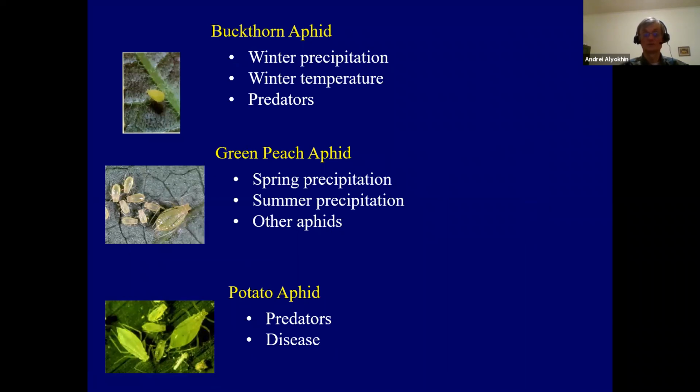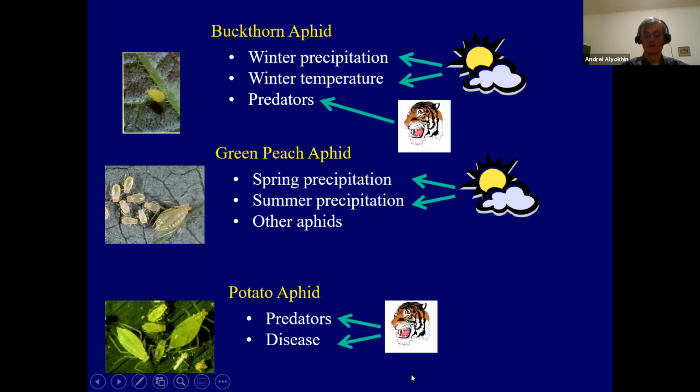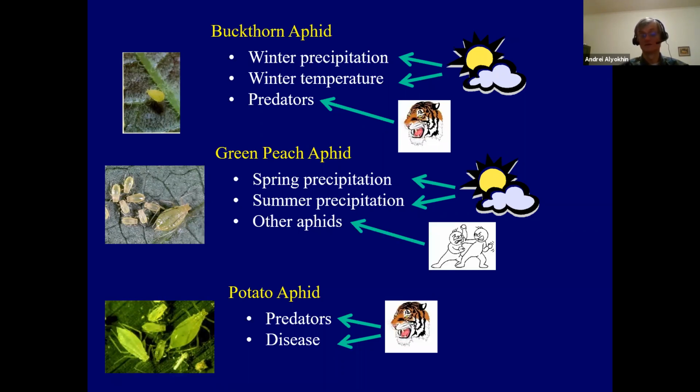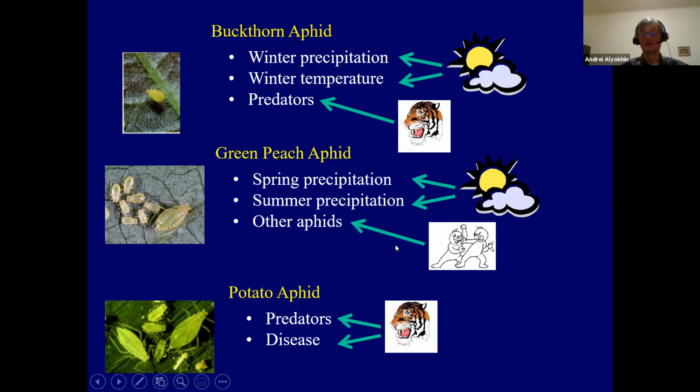And what we did find as a result is that for buckthorn and green peach aphid, some of the weather parameters have a significant effect on their population growth. And for potato aphid and buckthorn aphid, predators and disease have effect. And for green peach aphid, also other aphids, presence of other aphids, which kind of presumably competition with those other aphids have a impact. Okay, so